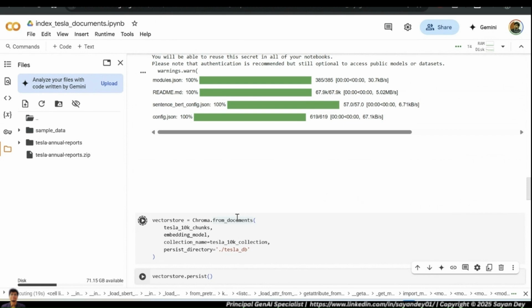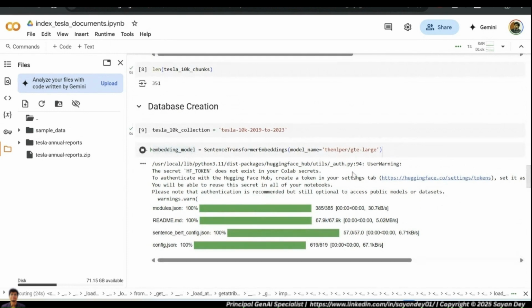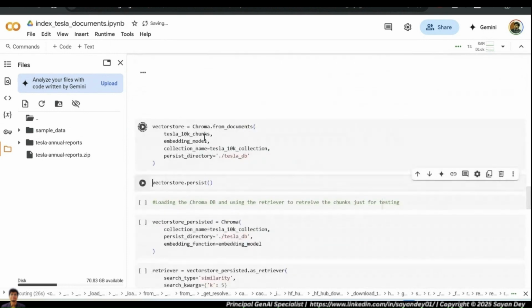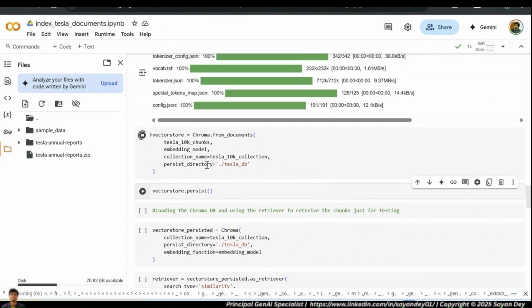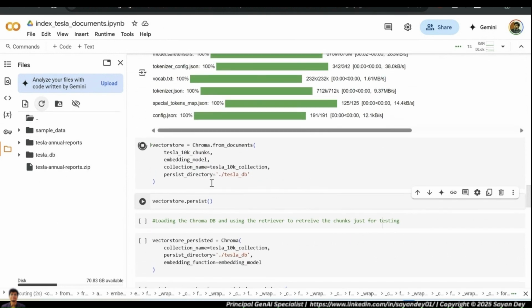So this is how we are setting up the connection. First we load the embedding model. This takes a little time, and then we define the vector DB, Tesla 10K chunks. You see the Tesla collection will be created. Tesla DB will be created after a while, and then see, the Tesla DB is now created, and now the